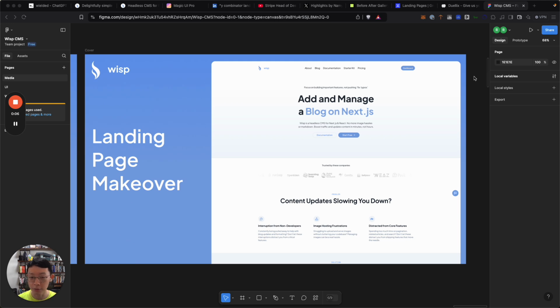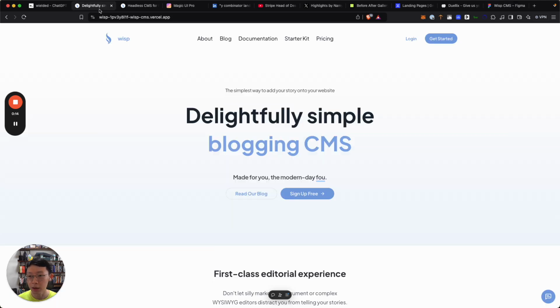And today I am just going to talk about a landing page makeover that I've just done for Wisp. For the longest time, I've been wanting to do it because I've been getting feedback that my previous landing page, this one, isn't speaking to people, right? As a developer reading this, I don't know what I'm getting myself into. And as, let's say, a startup CEO reading this, I don't know what this is going to be used for,